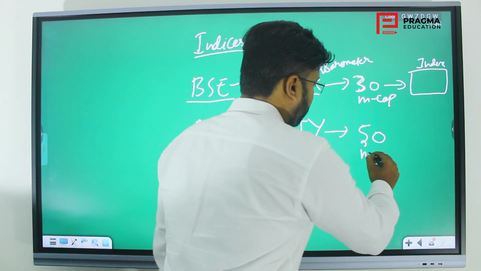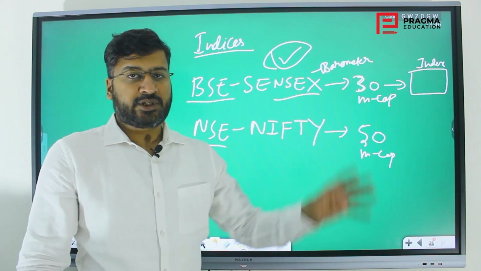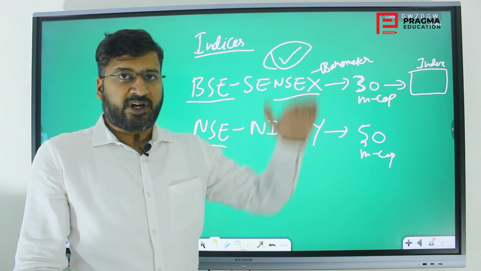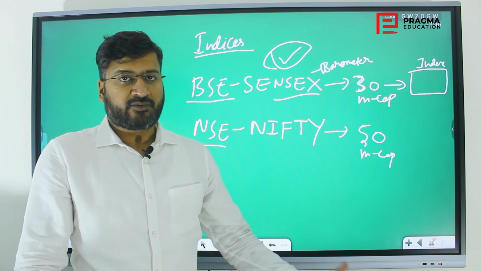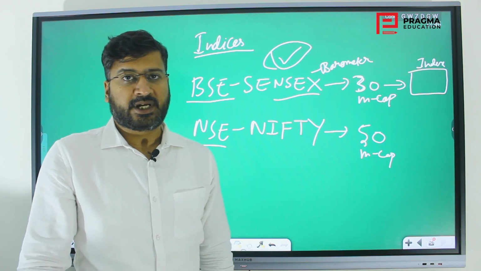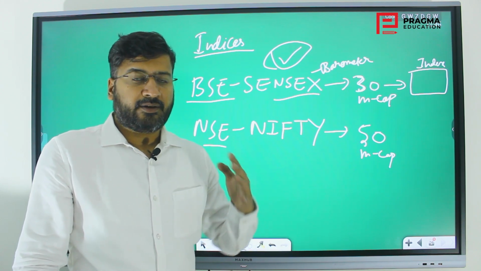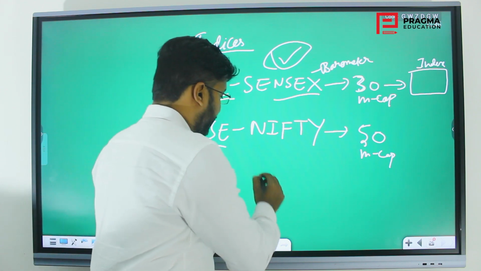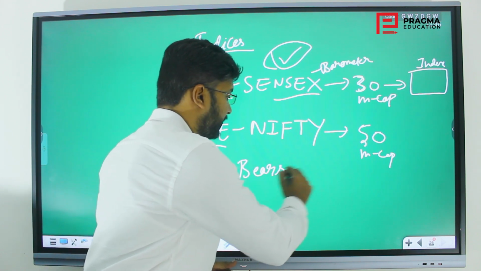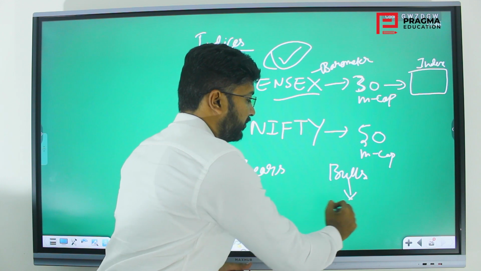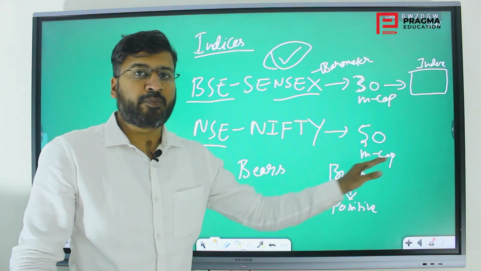This is the top 50 MCAP companies in the stock exchange. The movement of those will be seen as the whole sentiment of the markets. We keep seeing Nifty fell down 100 points or Sensex collapsed 2,500 points, or say this much percentage it has come down, because the markets are not optimistic. What is it? There are two types of players, that is bears and bulls. Bulls are the ones that are positive, optimistic, that the markets will keep growing and they will keep giving good benefits.